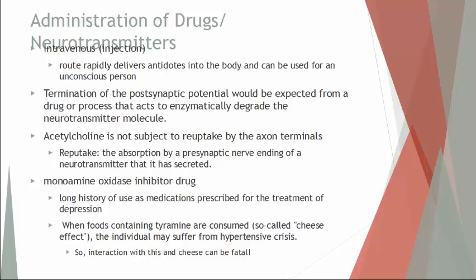An example that's given here is acetylcholine. Acetylcholine is a very important neurotransmitter, usually associated with skeletal muscle contraction. Now, acetylcholine is not subject to being taken back up or reuptake by the axon terminals. Once it makes it across that cleft onto the target cell or the target tissue, it just keeps going on with the action potential. It usually does not diffuse its way back up to the axon.